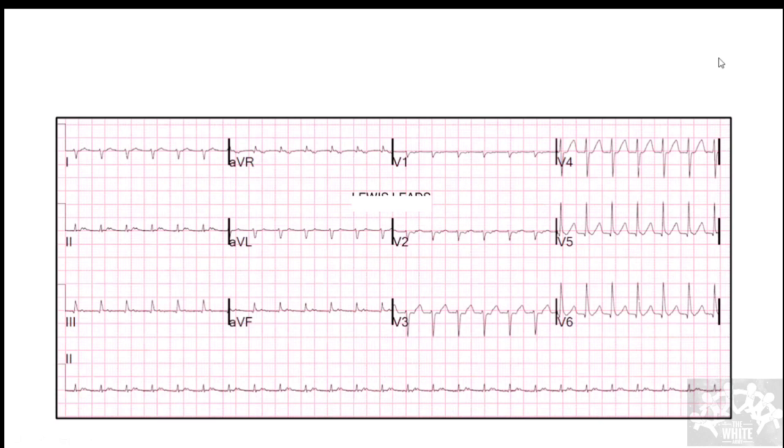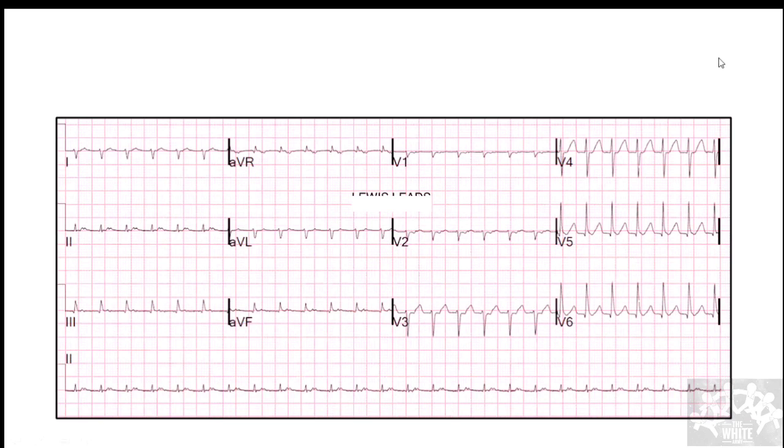We saw what leads are, what electrodes are, and how they are arranged in a 360-degree manner to represent the heart. Then we saw that the inferior leads are 2, 3 and AVF, 1 and AVL represent the lateral leads, and AVR is the right-sided lead. In the precordial leads, V1, V2 are the septal leads, V3, V4 the anterior leads, and V5, V6 the lateral leads.